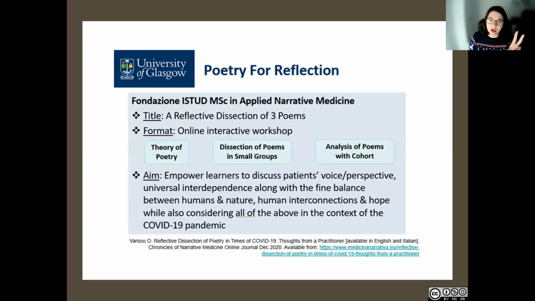And this is one of the first slides that I actually use in my teaching, and I decided to include that as an image here because I think it's quite important to see the format of what happens in that workshop. So we see here, it's a very interactive workshop. First, we have the theory of poetry. And what does the theory of poetry mean within the context of a caring profession? Because that's what the learners want to see. How does it link with them so that they can develop that sense of familiarity and trust with me as